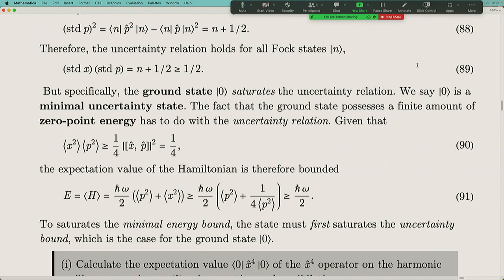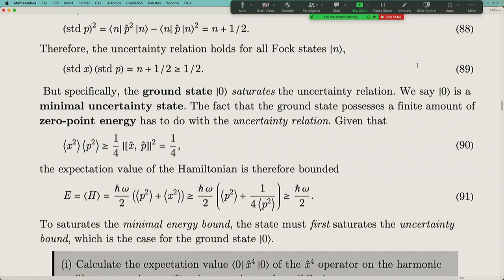Because of the uncertainty relation, now I'm squaring the uncertainty relation. Instead of talking about the standard deviation, I'm talking about the variance, given the knowledge that the expectation value of both x and p are 0. So the variance is directly given by the expectation value of x squared and p squared. If the standard deviation product is greater or equal than 1/2, then the variance product must be greater or equal than 1/4. And given that, you can show that if I want to evaluate the expectation value of my Hamiltonian,